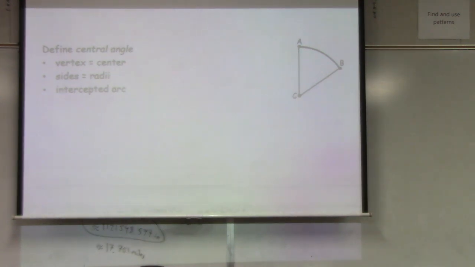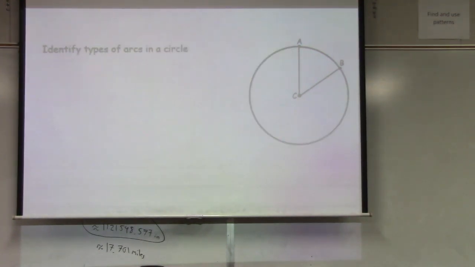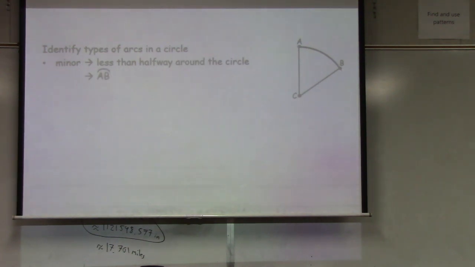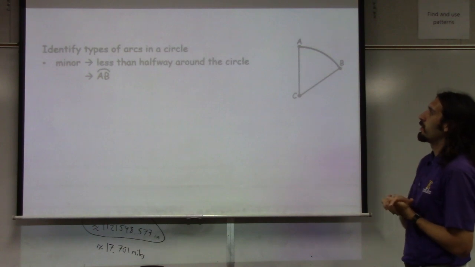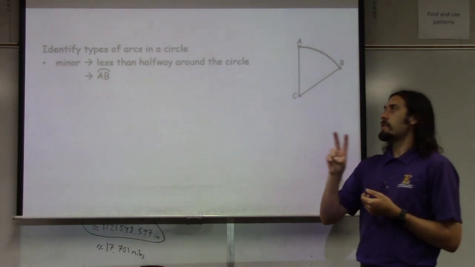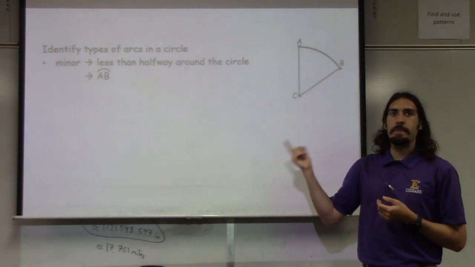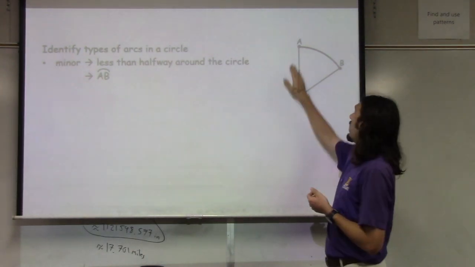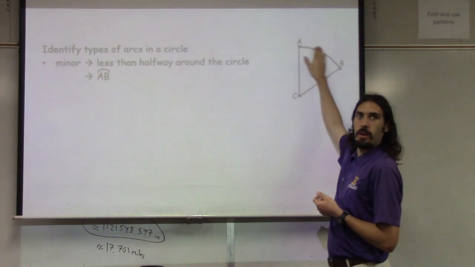So you've got AB right there. A few more types of arcs, just to familiarize ourselves with some of the vocabulary. If we're looking at this picture right here, you have what's called a minor arc. A minor arc is any arc that is less than halfway around the circle, and you will define it using 2 letters. So in this case, we have arc AB, and so I'm identifying it by the points that are on the